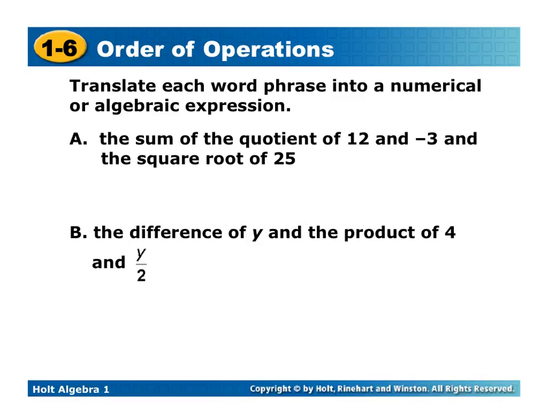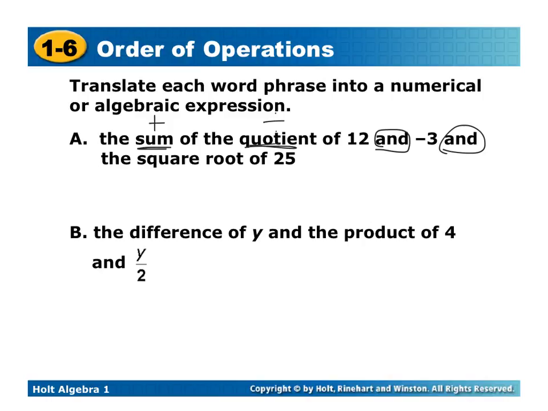Another part of using the order of operations and expressions is just being able to translate phrases into numerical expressions. So think about those keywords that you see. So like sum means addition, quotient would mean division, okay? And the other thing you want to look for is those keywords like "and," because those are typically going to tell you where